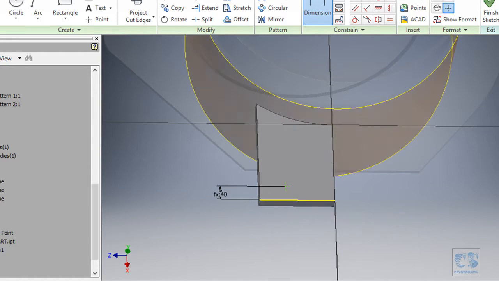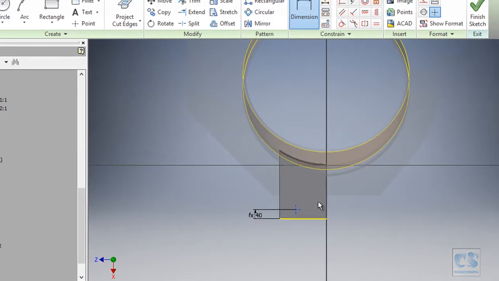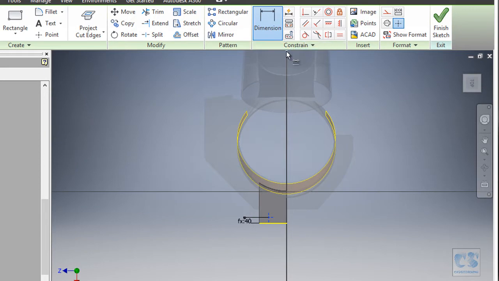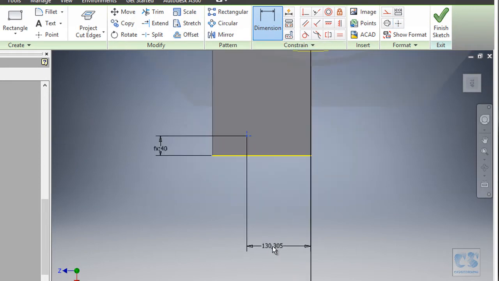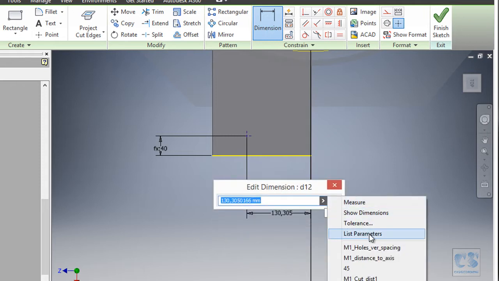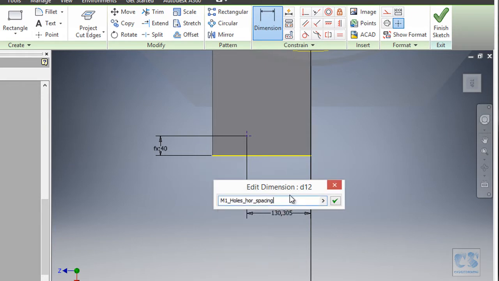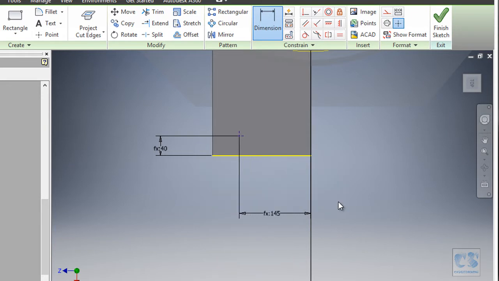For the horizontal spacing, we create a new dimension from the origin to the point, and this should be the horizontal spacing divided by 2, and okay.